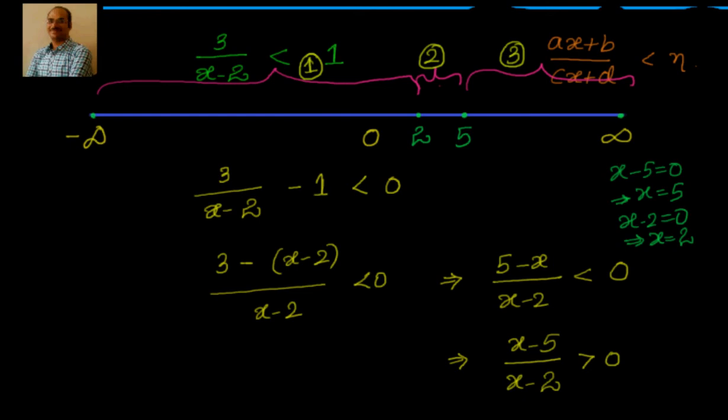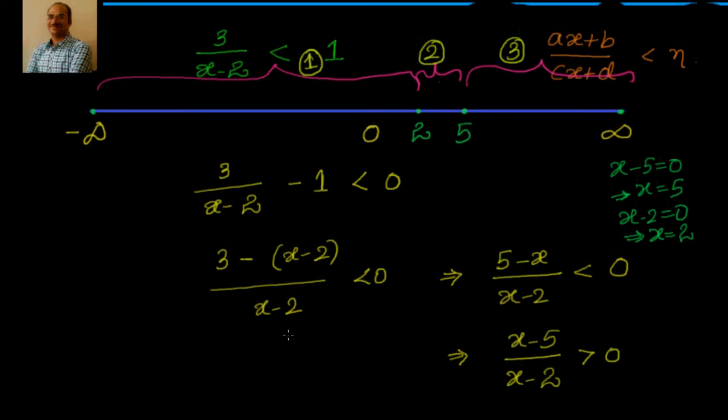Remember that. Now the easiest way to solve these problems is to always substitute the value of 0. If you substitute 0, what happens? I'll have 0 minus 5 by minus 2, which is nothing but 5 by 2, and that is greater than 0. That means x equal to 0 satisfies this particular linear inequation. So I told you, if 1 is in the solution set, then automatically 3 also will be part of it. So your solution will be nothing but 1 and 3.